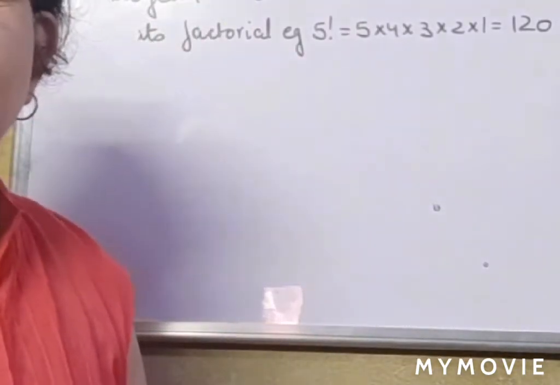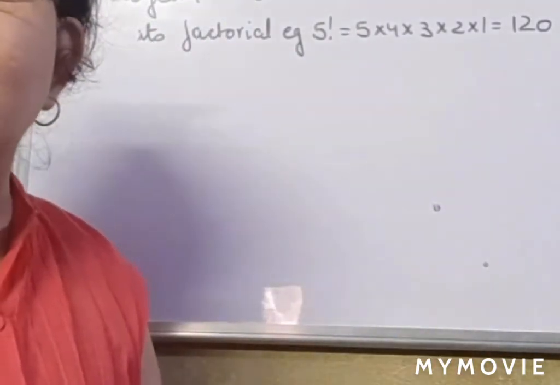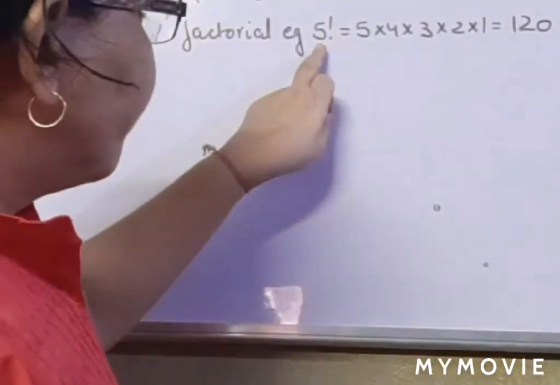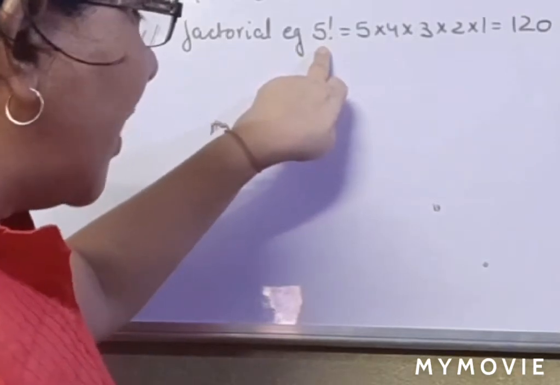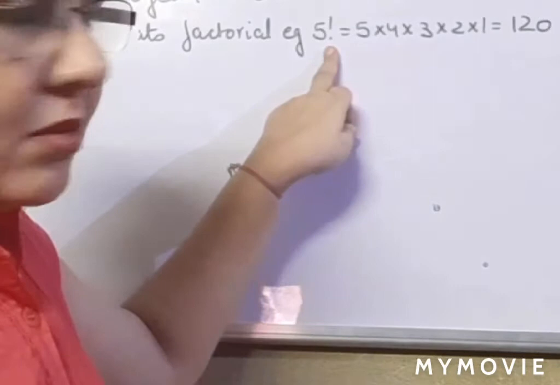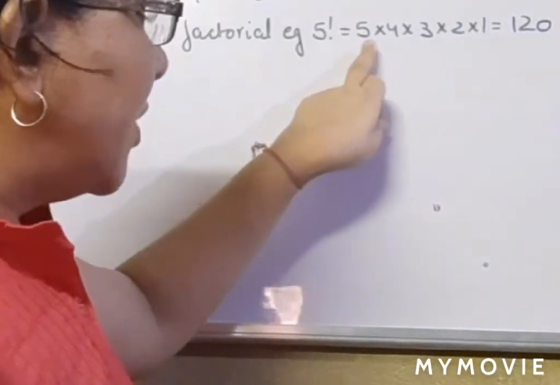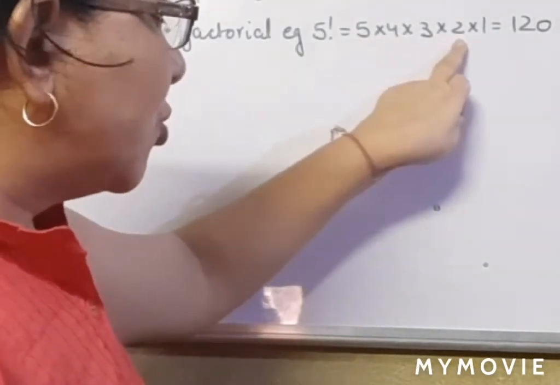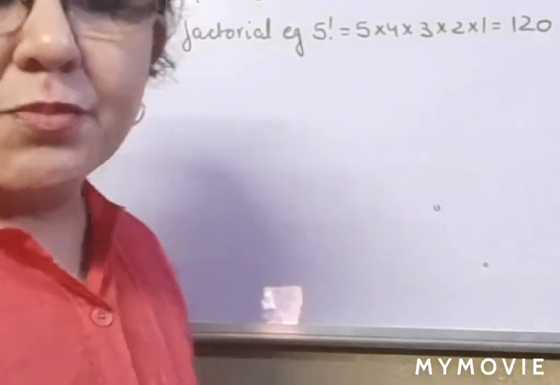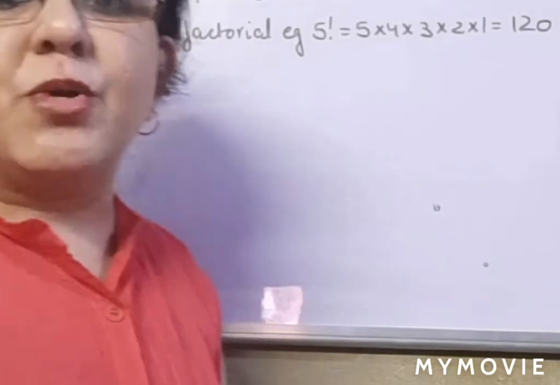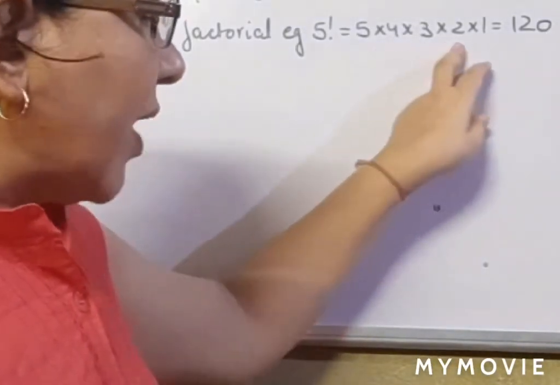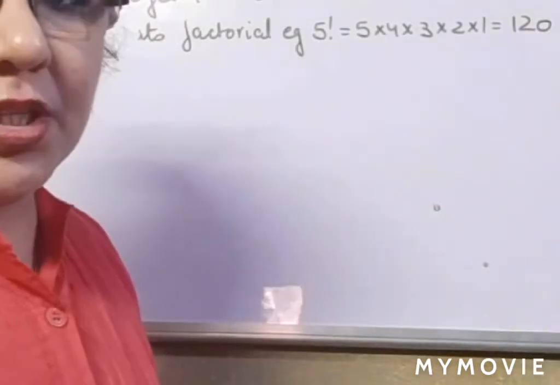of a number. So first of all, let's look at the logic of calculating factorial. What is factorial? When you get in your question paper 5 exclamation, exclamation means factorial, which is equal to 5 into 4 into 3 into 2 into 1 is equal to 120. This means if 5 is given to you, you have to keep on decreasing till it reaches 1 and multiply each of the factors in order to get a final product.